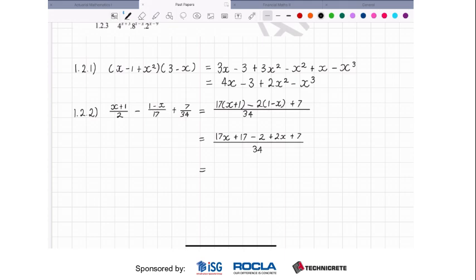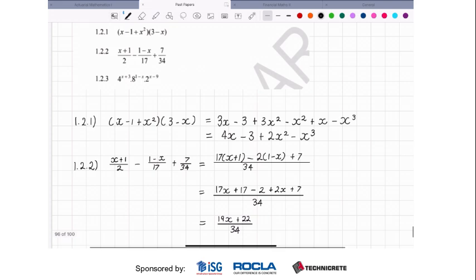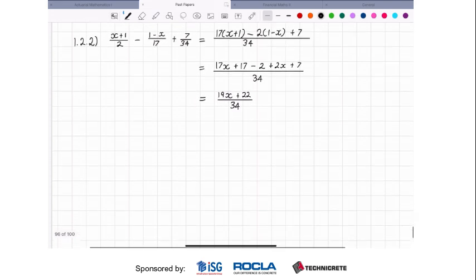So my x's are going to be 17x plus 2x, which is 19x. And my numbers, I have 17 minus 2, which is 15, plus 7, which is 22. And that's all over 34. And then 1.2.3,